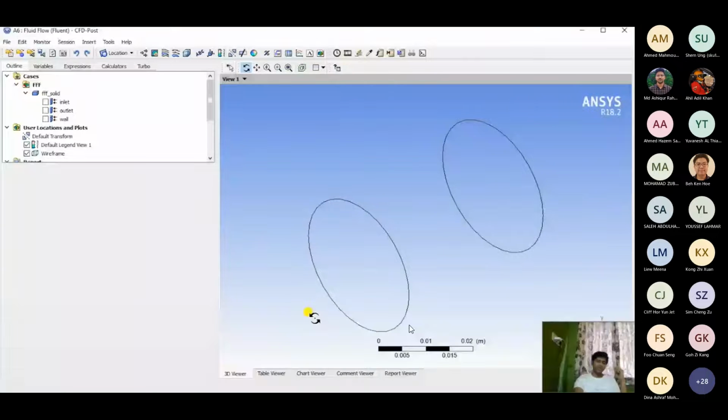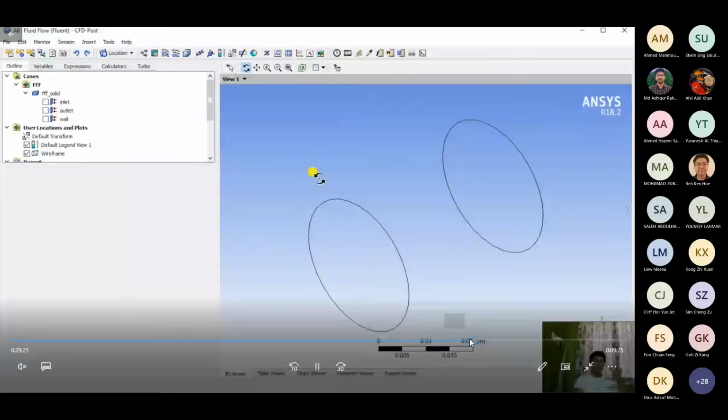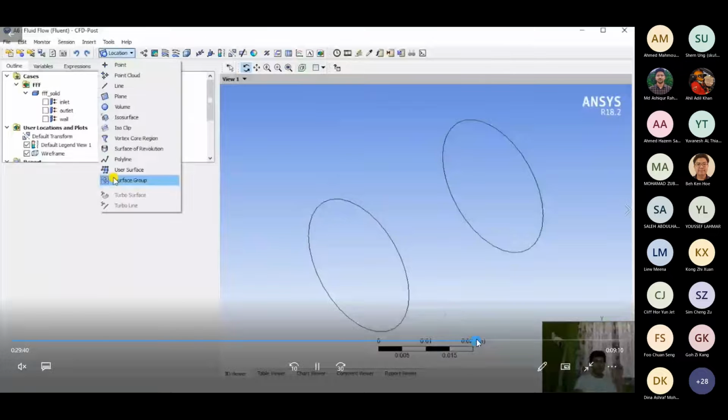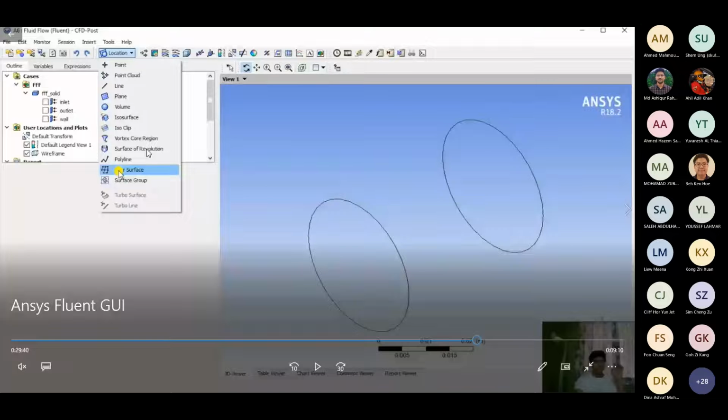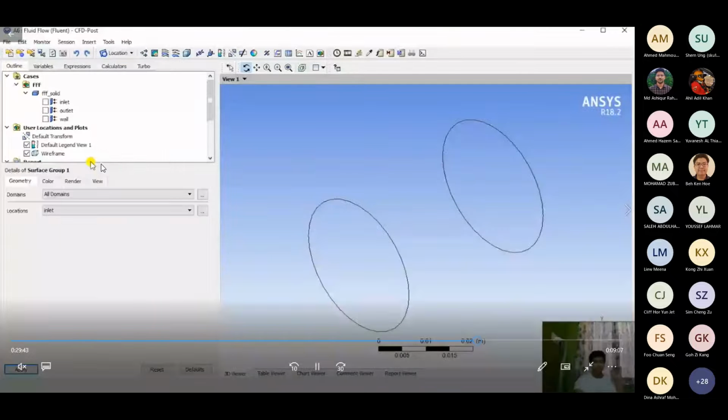So if you move ahead to location, you can add different points, lines, planes, volume. You can even add a surface, or identify the surface group that was previously here with our domain. Now when I click on any of it, it will show me a small pop-up to rename. And when I click OK, it will show the details of that over here at the left-hand side.